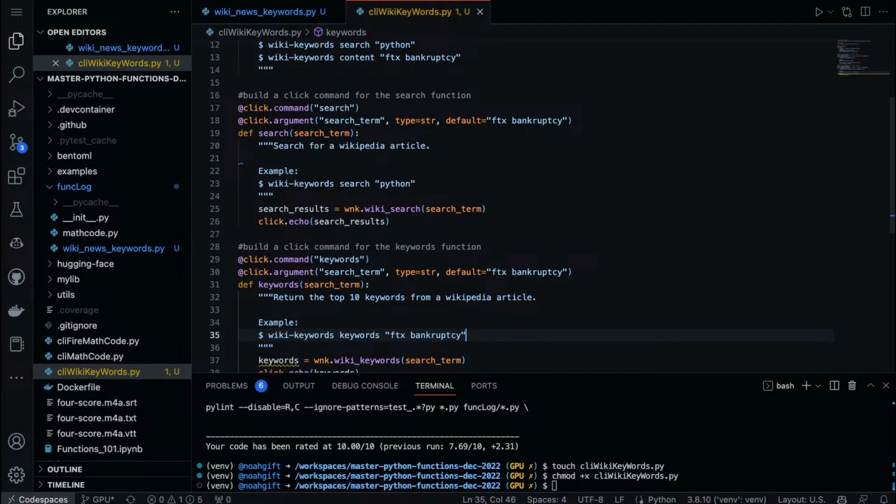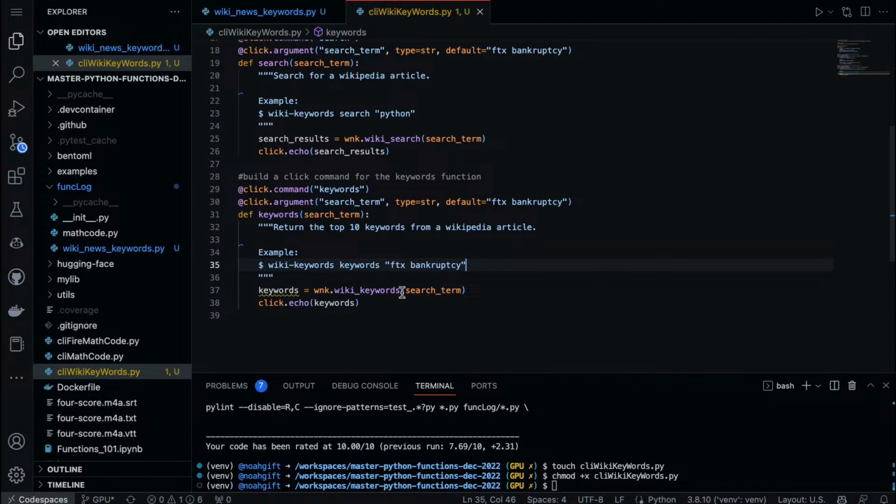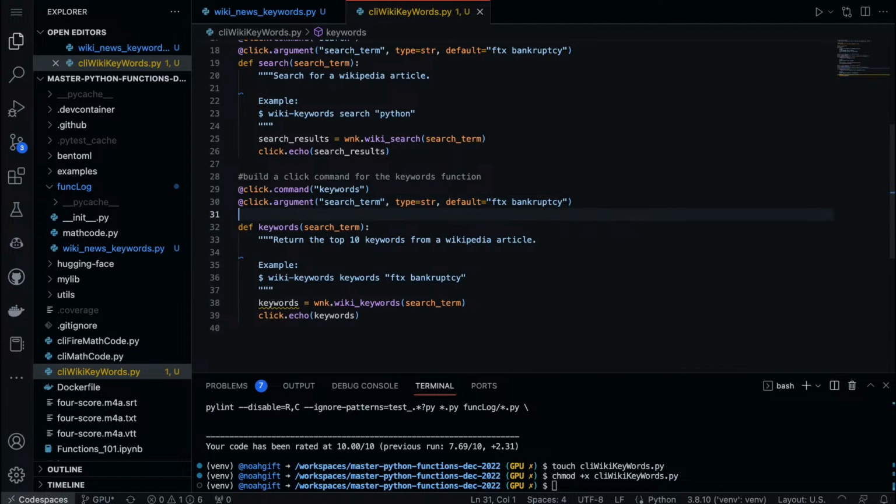Example, there we go. But I'm going to make it a little bit fancier, and I'm going to add a limit. I want to limit the amount of keywords. By default, let's just do three keywords.